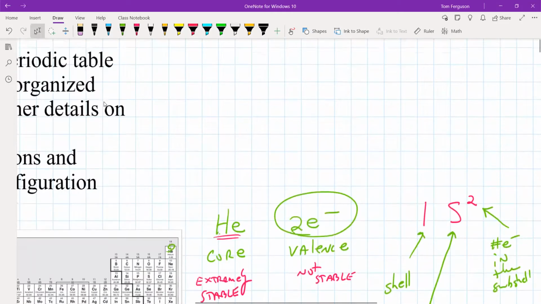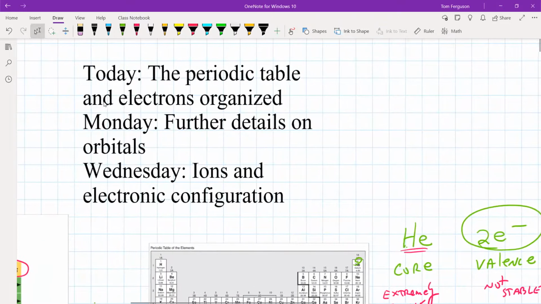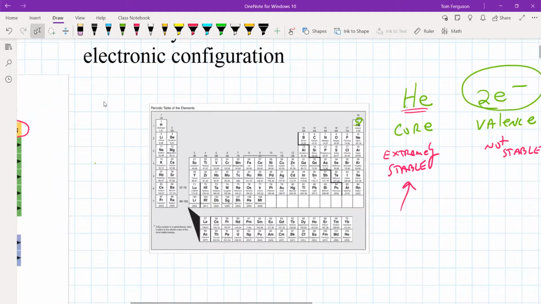Now notice helium is on shell 1, so is hydrogen. And there are no core electrons below that. In other words, if you're on shell 5, you've got shells 4, 3, 2, and 1 that are below you. Okay, and those are the core electrons. With helium, there's nothing below the 1. So that means there are no core electrons. Okay, so let's look at